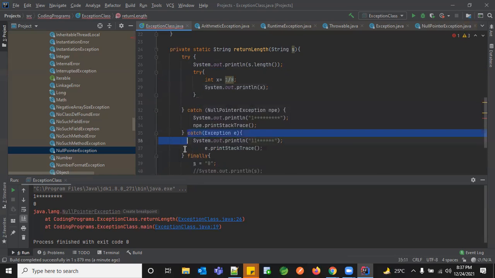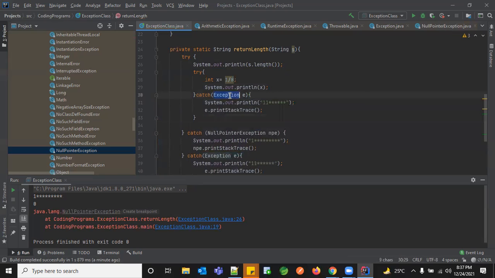And here, let's have the exception which gives me arithmetic exception. Now let me execute it.